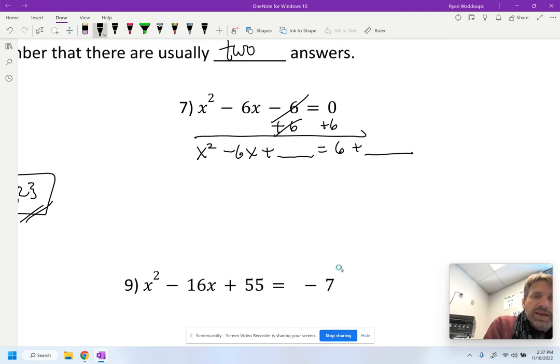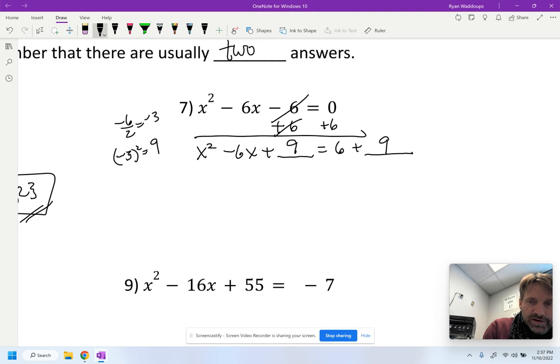And then I say -6 divided by 2 is -3. -3 squared is +9. 9 is what I put here and here. Then I factor it. And I use that -3. So I've got x minus 3 quantity squared equals, and then 6 plus 9 is